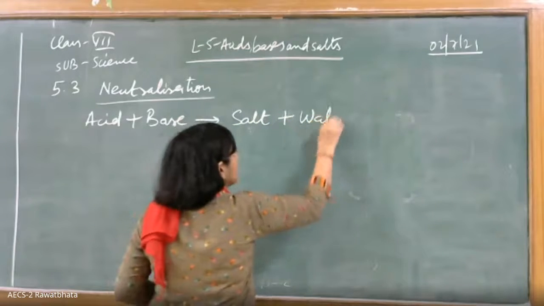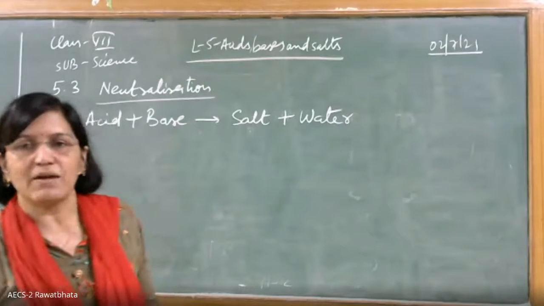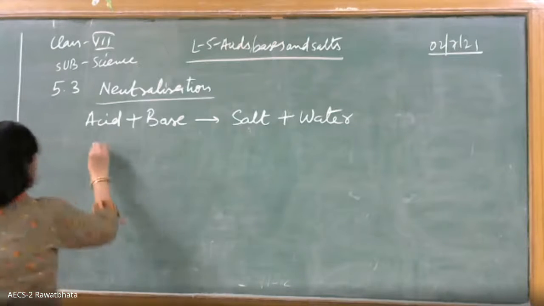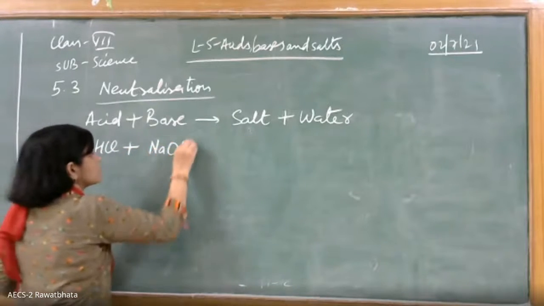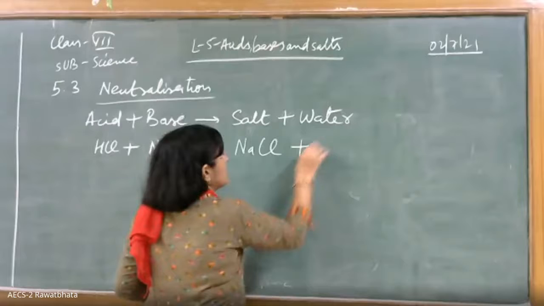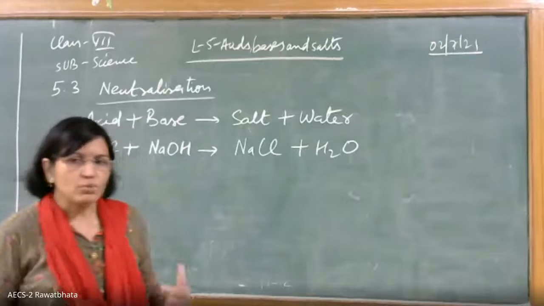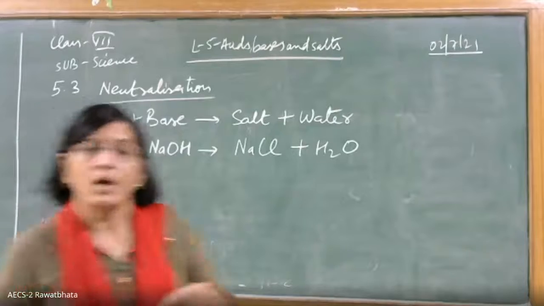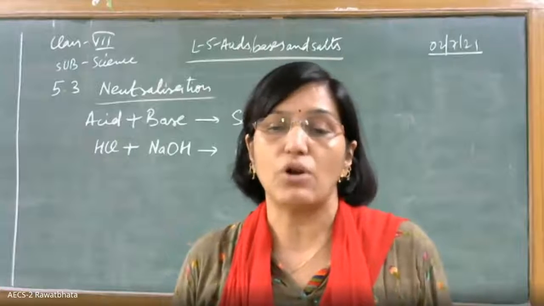Now today we are going to use which acid and which base? The simple one. We are going to use dilute HCl, and to that we are going to add a base, sodium hydroxide, and that forms the salt NaCl plus water. Now we are going to identify whether it has been neutralized or not. We have mixed two solutions together. How do we know whether the acidity is neutralized or not?